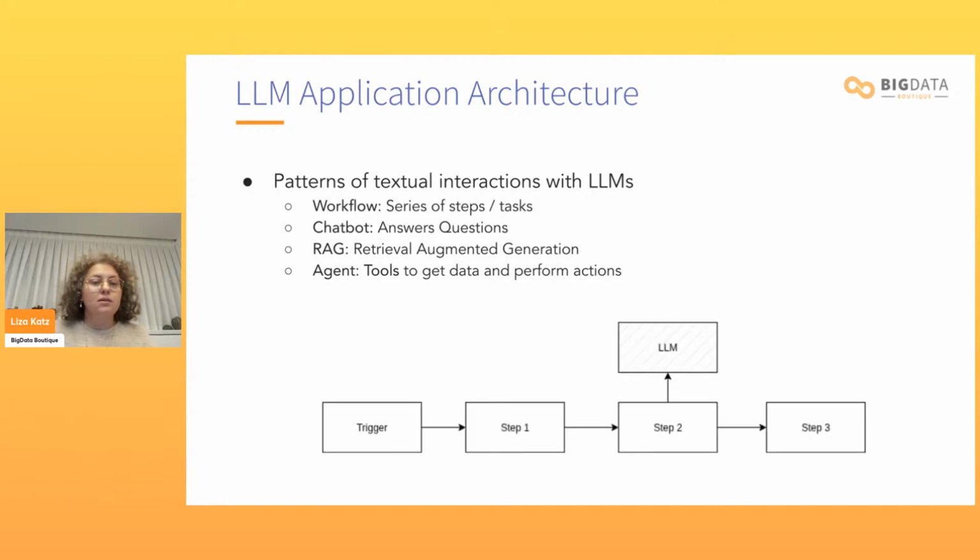So the first one is very simple, and it's actually something that a lot of people don't even think about when they imagine AI or LLM applications. It's actually the workflow. A workflow is just a series of tasks, like you would run it with a Lambda or maybe with a step function, and you could add an LLM to one of the steps to get a better experience. For example, if you have, let's say, a report that you run nightly, you could run a job to aggregate sales and revenue, costs, etc. You could add an LLM step to your flow,